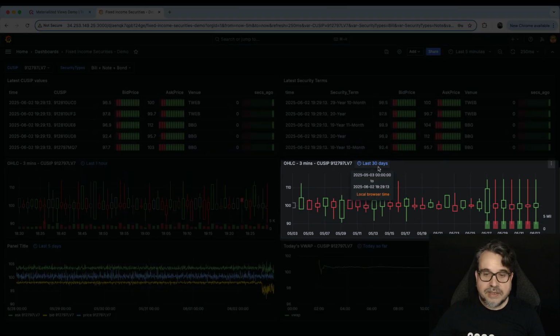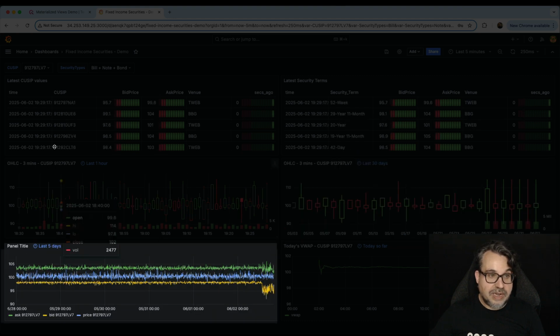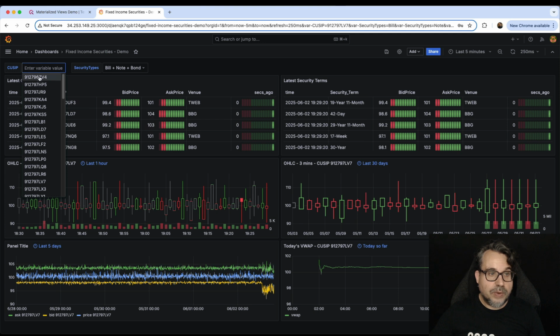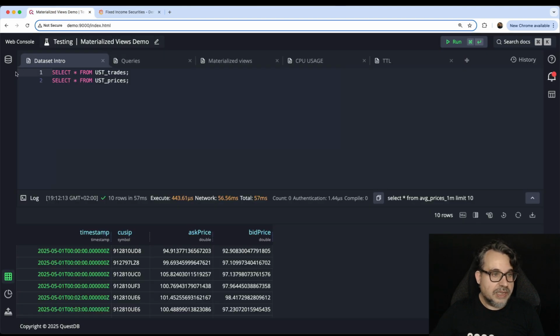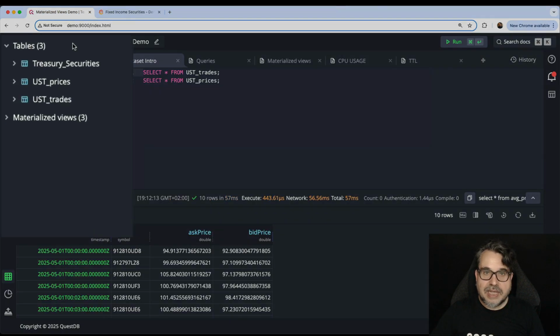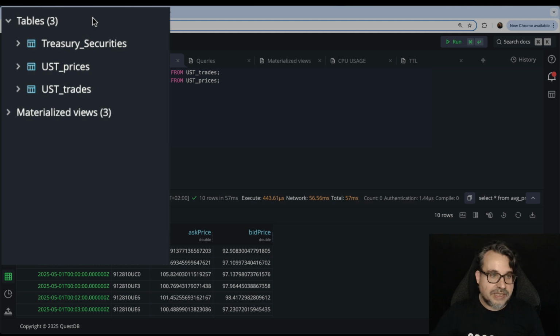This candle chart is actually displaying the last month of data. This one is displaying the last 5 days, and still, when I change to any value, they refresh pretty much instantly. It's not a huge data set. Let me just check how much data I have. I'm simulating some securities data here.